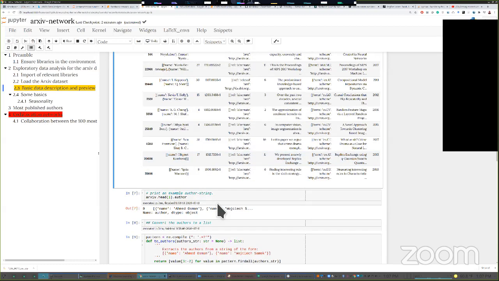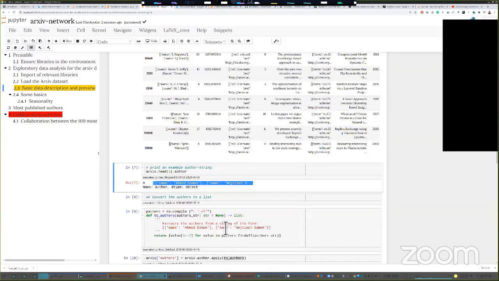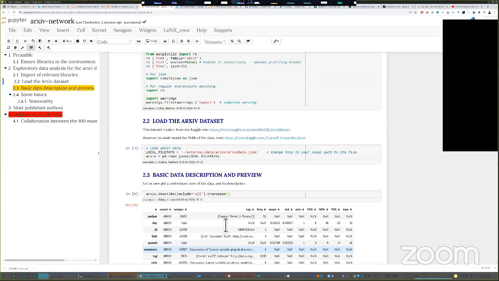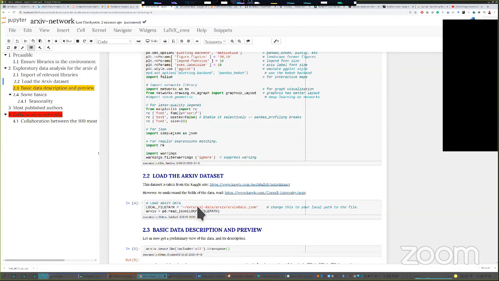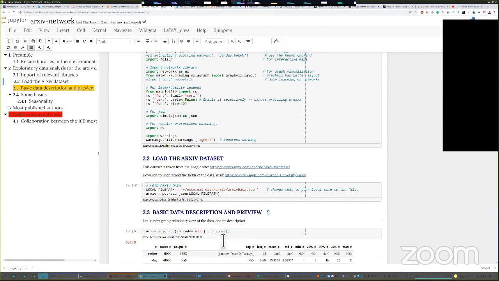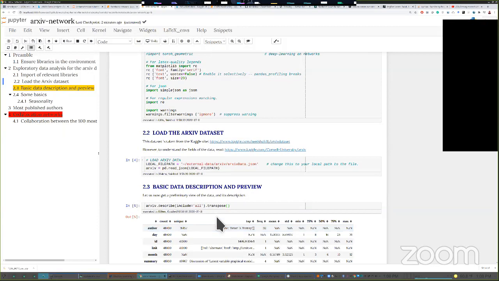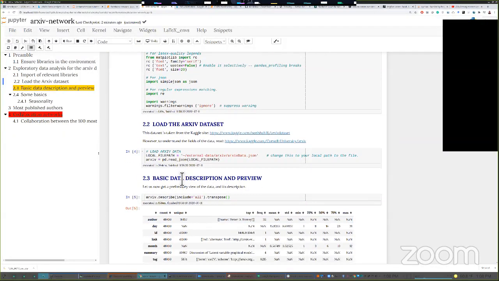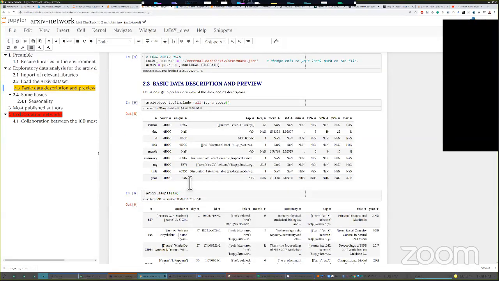Because I see a name, colon. Yes. Initially, in fact, my first thought was that it is a dictionary. I inspected it and realized that unfortunately it's not a dictionary, it's just a colon separated string. I could have read it as pure JSON, but I read it with pandas. When you read it with pandas, it doesn't go any deeper. So maybe if I had read it as JSON directly, I may have found it easier to get to the structure.